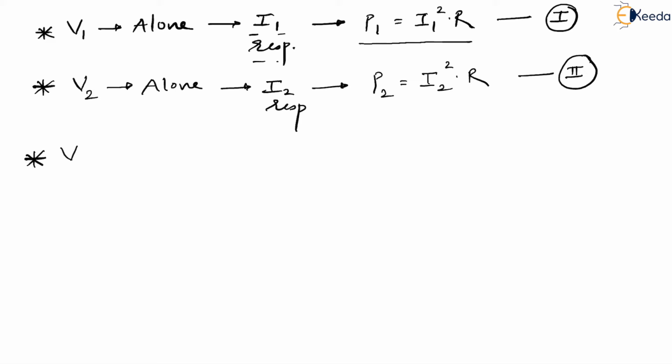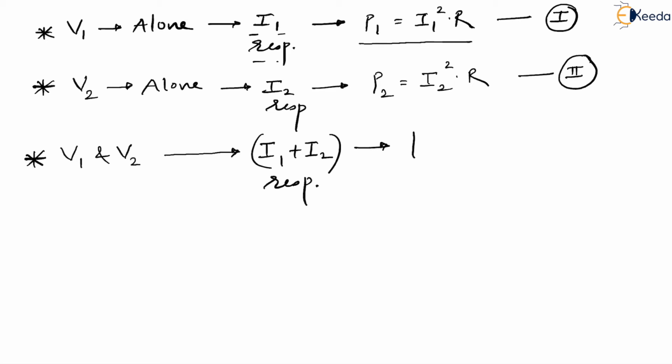Obviously, when I say that V1 and V2 are acting simultaneously, okay, so V1, V2 when it comes together, I'm sure you will believe me that the total response is I1 plus I2 in that case. So obviously this time I1 plus I2 will be the response. And this is not said by me. It is proved by superposition theorem. We have already seen that, isn't it?